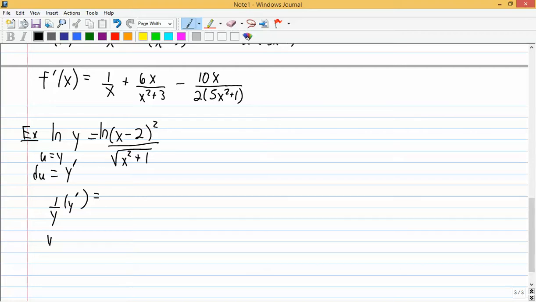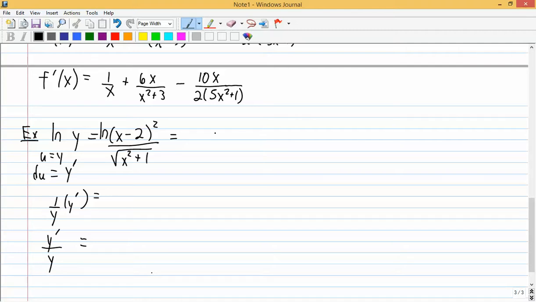Alright, so it is y prime divided by y. That's what the left side of my equation is. Alright, now let me work with the right side of the equation. So the right side of the equation, I could then rewrite the right side first using my algebra or my natural log